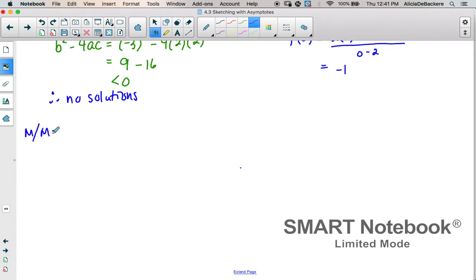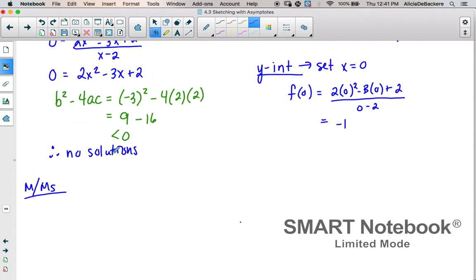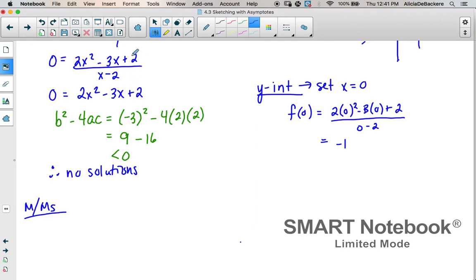Next, we're moving through our maximums and minimums. To do that, I need to take the derivative. So I'm thinking about my equation. I see it here. This is f of x. So when I take the derivative of this, I do have a quotient rule. So I'm thinking about like a u and a v, and I'm going to take the derivative u prime times v minus u v prime all over the denominator squared. And so the derivative of the numerator is just 4x minus 3